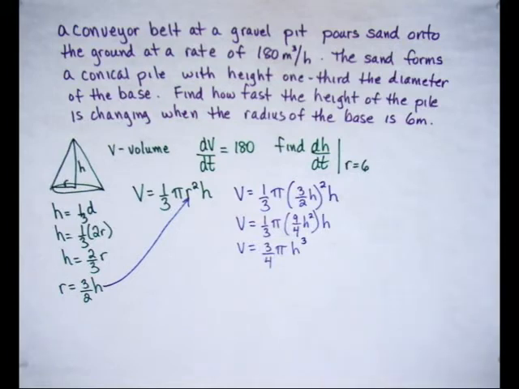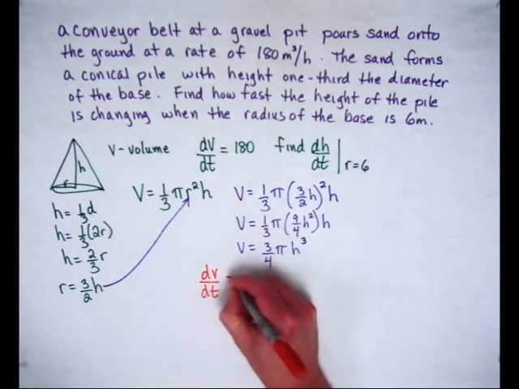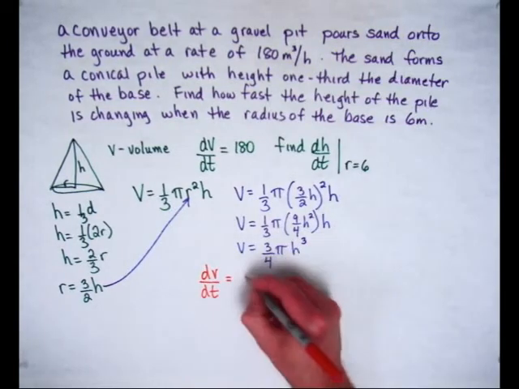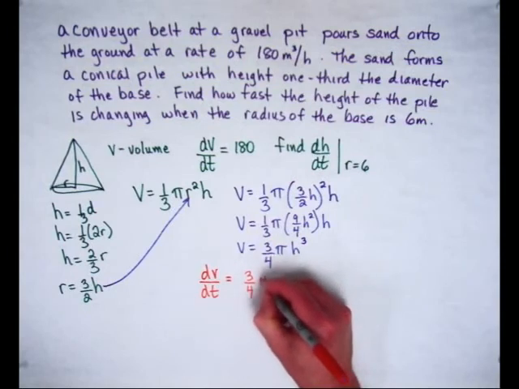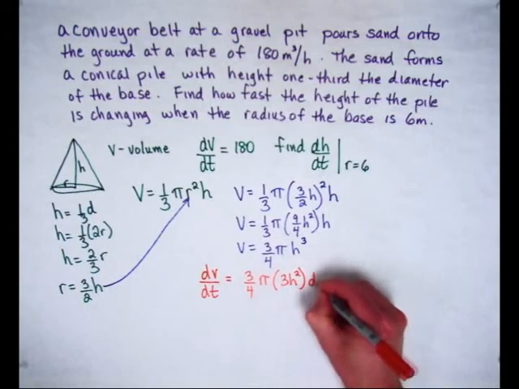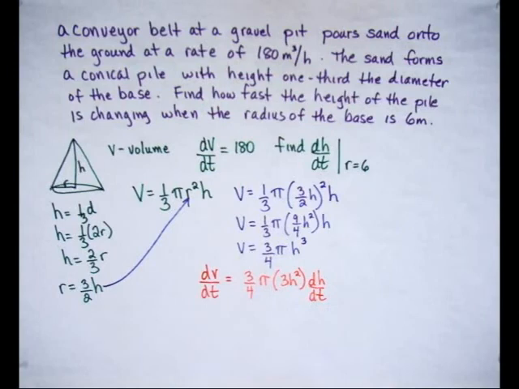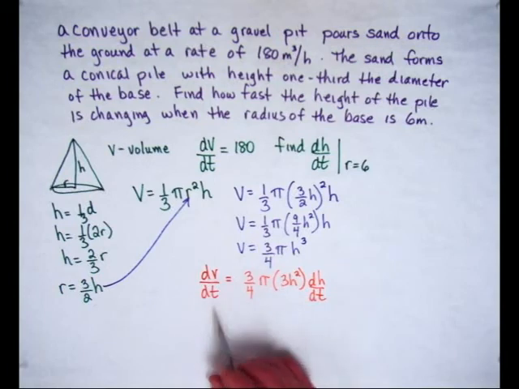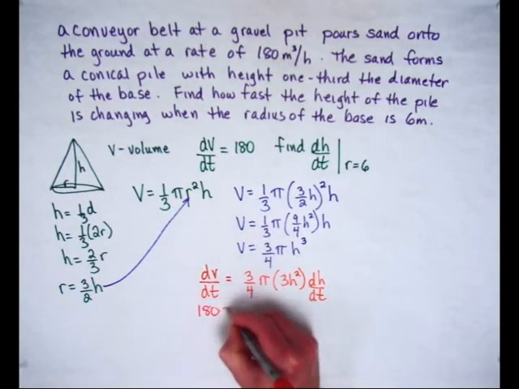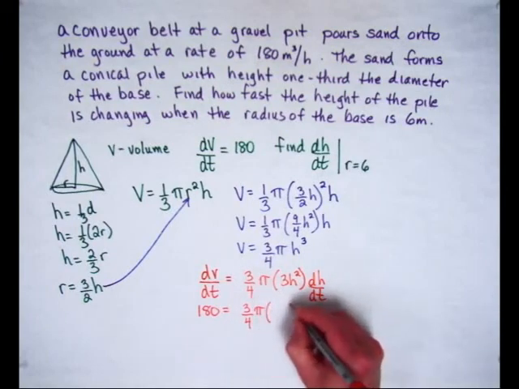Now once we have that, the rest of it's just the differentiating. So we differentiate with respect to time, so dV/dt equals, the 3/4 pi is a constant. The derivative of h cubed is 3h squared times the compensating term dH/dt. Now we need to know whether we have the appropriate values. We have dV/dt is 180, so 180 equals 3/4 pi times